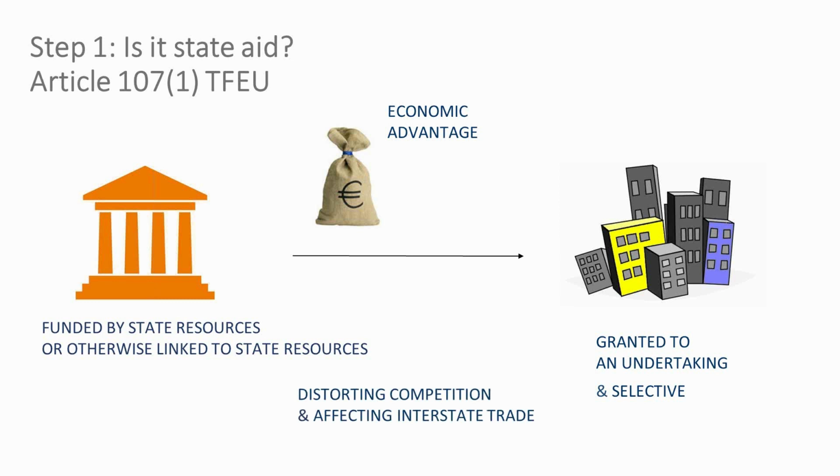Most importantly, the form of the mechanism is not that important. No matter how the scheme is called, once it meets these 4 conditions, then it is in the state aid box. The 2 last conditions are easily met. So we will focus on these 2, state resources and economic advantage. State resources is a very wide concept, and it would be difficult to create a capacity mechanism which does not involve state resources. Even if the money is not coming directly from the state, but let's say from the consumer's pocket, it can nevertheless meet this condition.